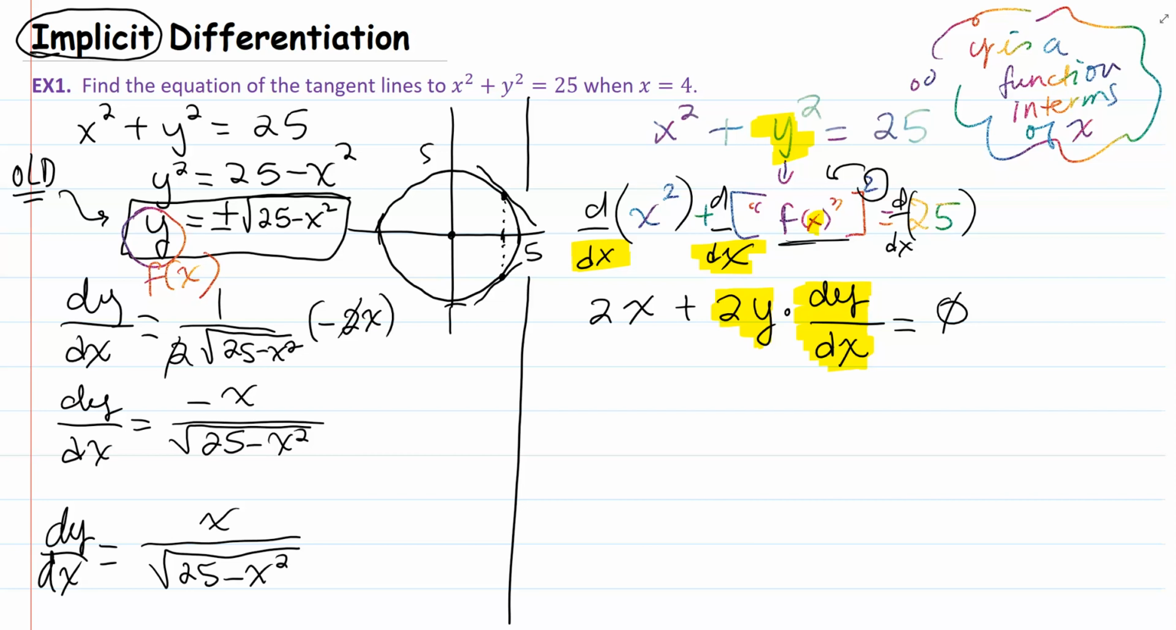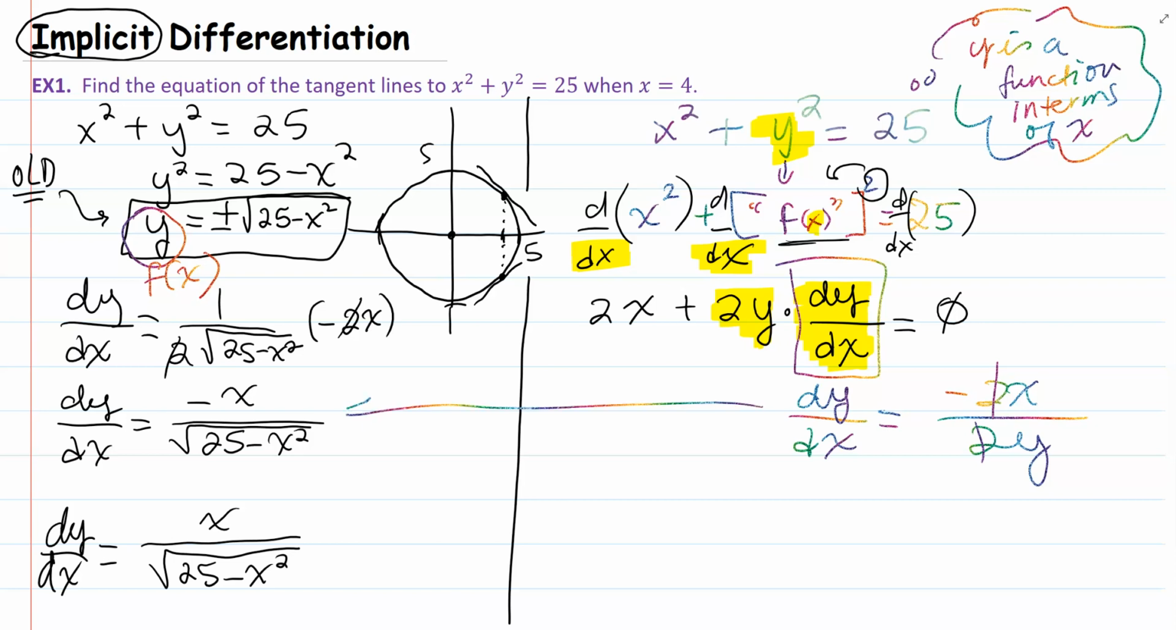So now, to solve for dy/dx, we just have to isolate this part right here. Okay, so then we would have dy/dx equal to subtract 2x divided by 2y. So you will have dy/dx equal to negative x over y. Now, that looks just like this right here on the left-hand side. That would be negative x